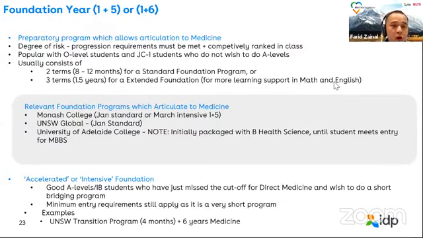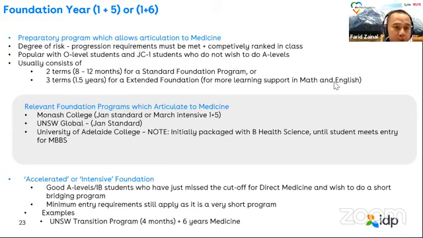Okay, I've gone through all the direct entry programs offered by both Australia and New Zealand. Okay, right now we will look into exploring the alternative options of studying medicine and dentistry. All right, I'll start off with a foundation year, which you remember was the third column. All right, the foundation year is